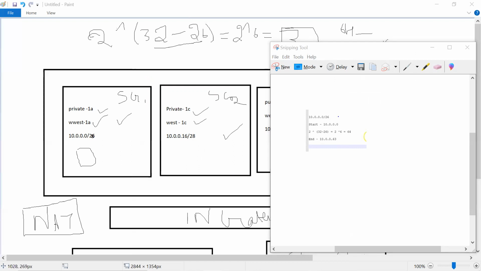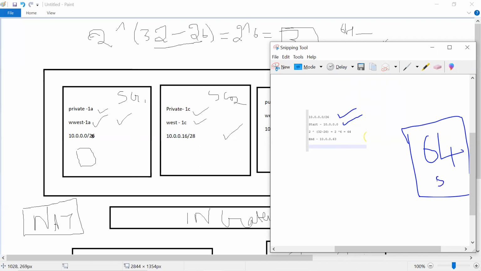So no issues. I have selected 10.0.0.0 up till 26, and the reason is that your IP addresses will start from 10.0.0.0, and you get a range of 64 IP addresses. Of these, 5 will be taken away by AWS for different reasons.